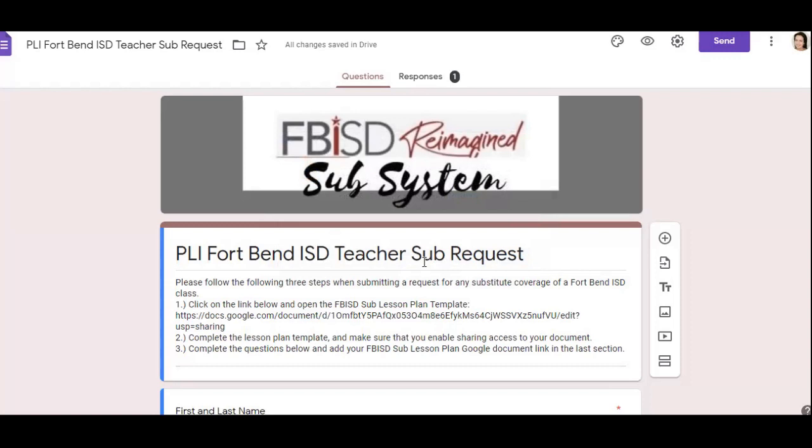Our subsystem for our Fort Bend ISD classes will look a little bit different. We will not be accessing Connect to request subs. So what we'll do is send you a link to this form, and there's basically 3 steps. The first step in this form, and it looks like this,